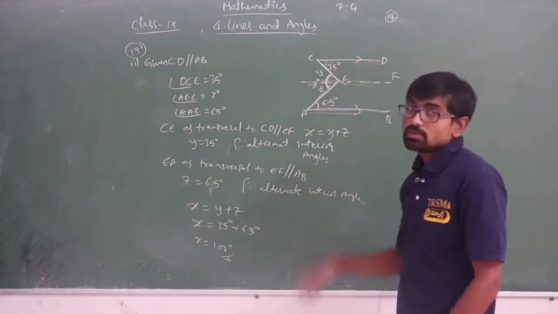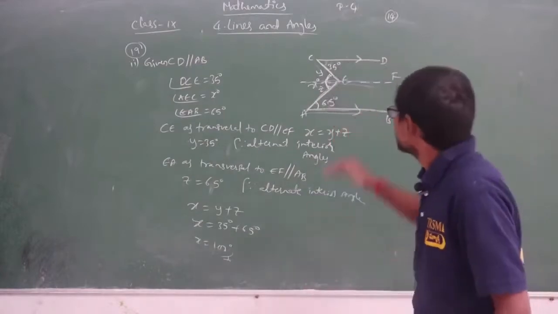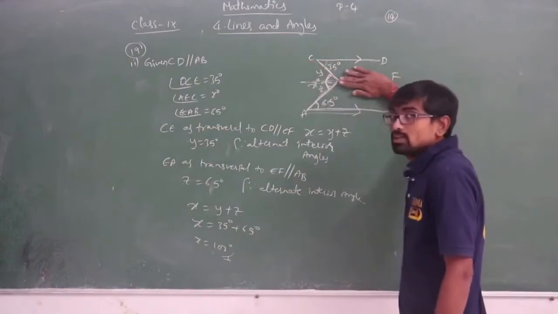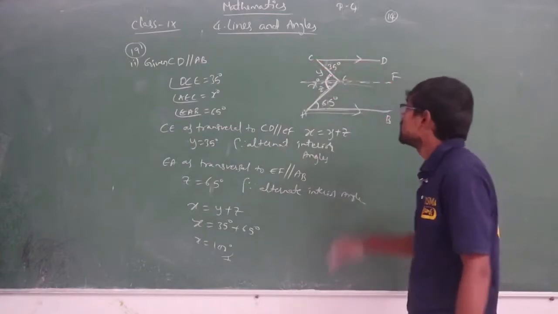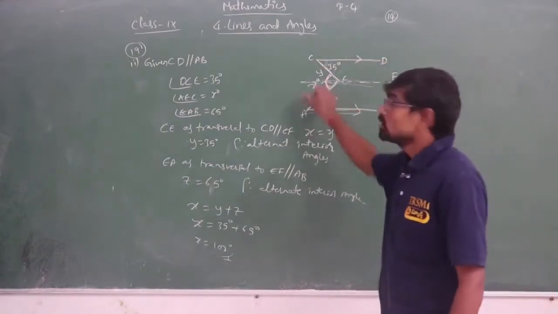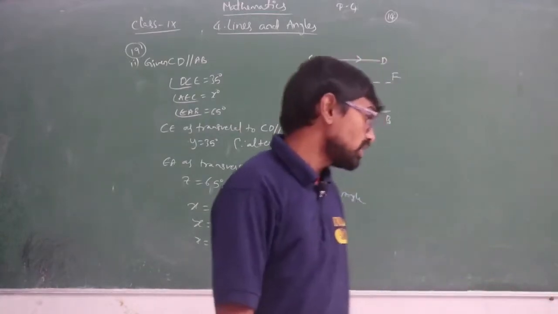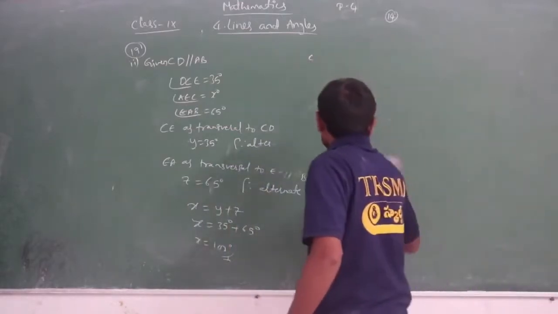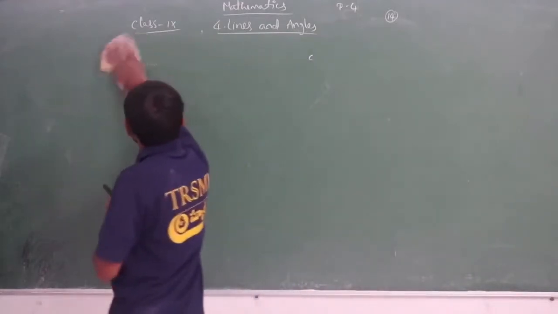These problems are based upon transversals. Here we are having two transversals, but he had not given the parallel line. So we need to assume an imaginary line which is parallel to CD and AB to find the exact value of this unknown variable. So this thing you need to remember. This is how we will solve the problems. One more problem is there in your textbook in the 19th bit. You just try that.